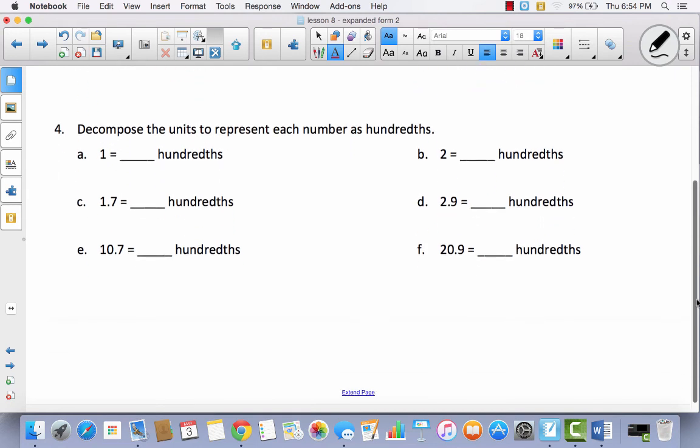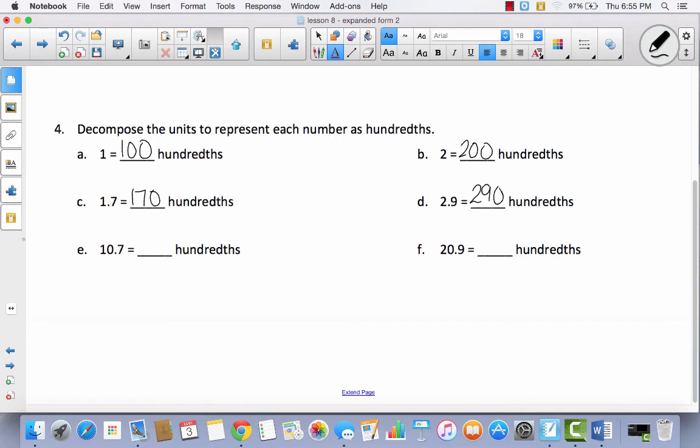All right, now we're going to decompose from the ones to the hundredths. So 1 whole is equal to 100 hundredths. 2 wholes is equal to 200 hundredths. So 1 whole and 7 tenths is equal to 170 hundredths. 2 and 9 tenths is equal to